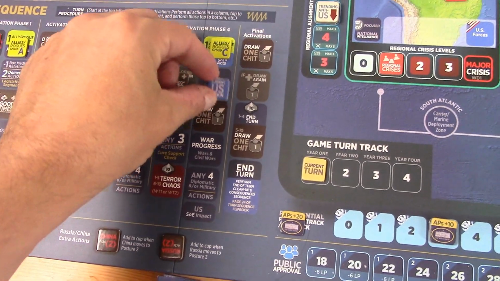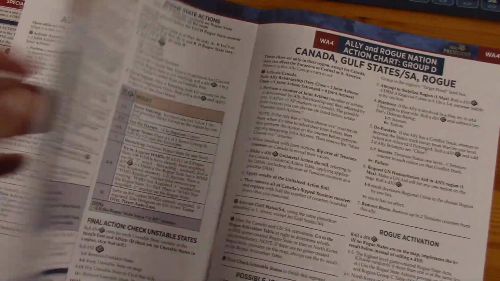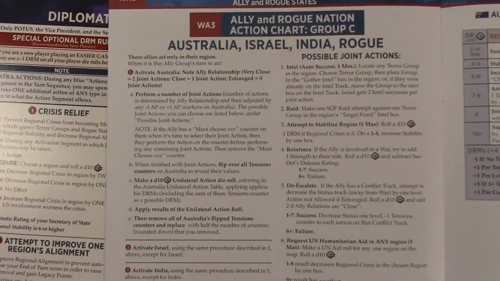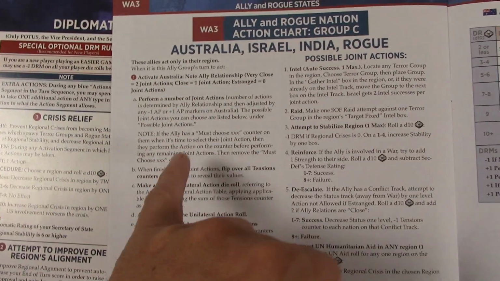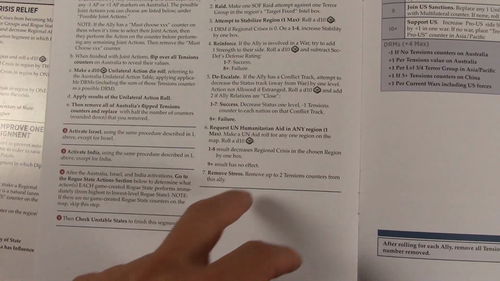Okay, next we go to the next ally or rogue group. And these are the last ones. This is now group C. So let's see who that is. Australia, Israel, India, and a possible rogue state, of course. So we start with Australia, and we're very close with them, as you can see. So we have 2 joint actions, and